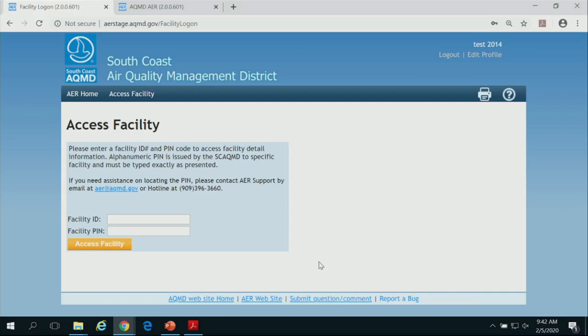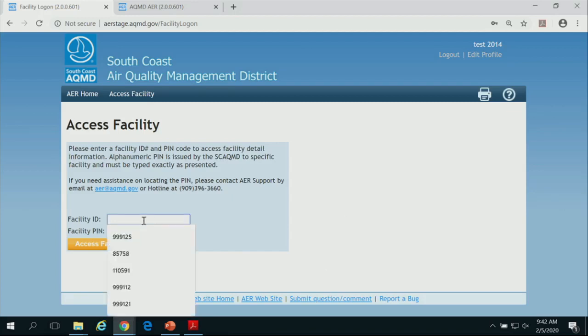It's worth mentioning that anybody with an active user account, which you just saw takes 5 minutes to generate, can access your facility with that facility ID and PIN. So whoever you share that information with can access your account, so be cautious. And if you use consulting services and switch consultants, you may want to change your PIN. Go ahead and contact us, we can change your PIN.